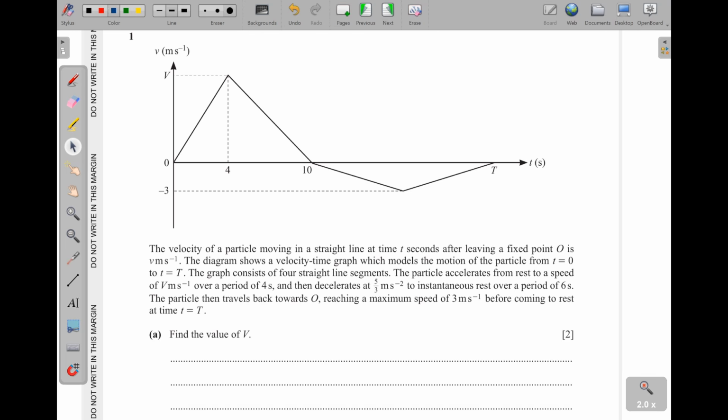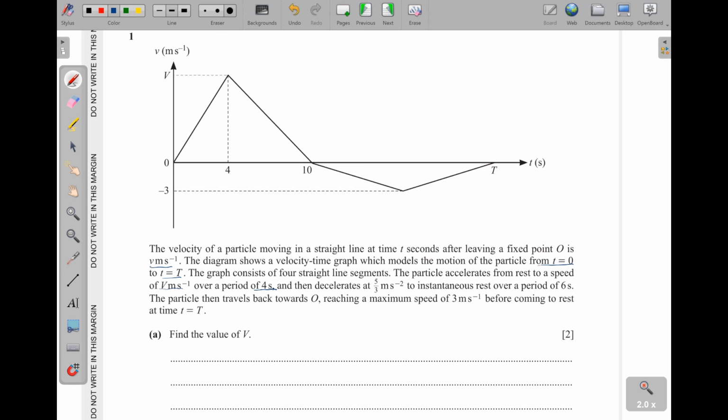They're saying the velocity of a particle moving in a straight line at time t seconds after leaving a fixed point O is v meters per second. The diagram shows the velocity-time graph which models the motion of the particle from t = 0 to t = T. The graph consists of four straight line segments. The particle accelerates from rest to a speed of v meters per second over a period of 4 seconds,